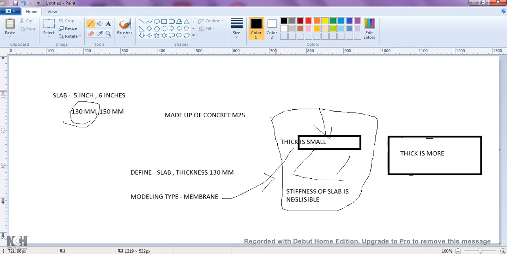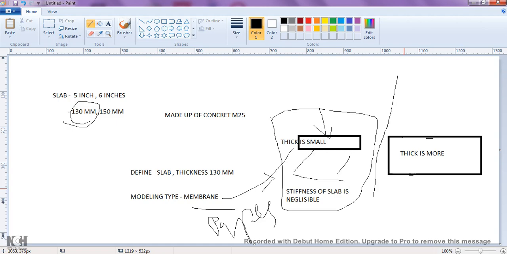There is one more category here, where the thickness is very high. Because of this, it cannot be bent easily. Membrane means just like a paper, it will bend soon after applying the load. It will not take any load at all. But if you consider something like plywood, if you apply some load on it, it will resist the load because it has some thickness.